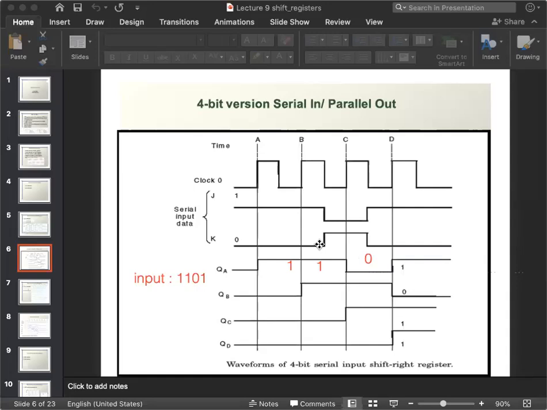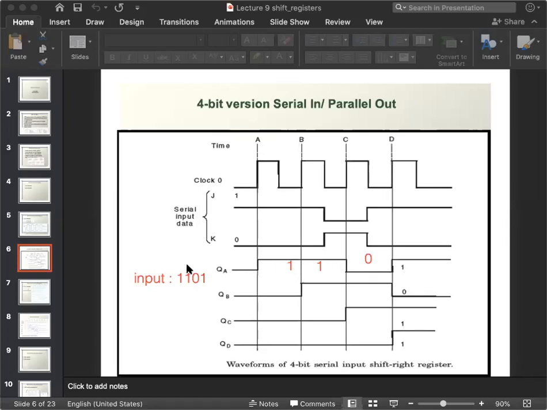So first, what do you need? You need to draw an input line. The input line is not drawn here, so you have to draw the input line. Whatever input you get, after taking it from here, you have to draw an input line. How will you draw the input line? As my input is 1101, for the first clock cycle it is 1, second clock cycle it is 1, third clock cycle will get 0. 0 means that from a particular level, if you go down it becomes 0, and if you go up from that level, it becomes 1. So if it is up from that particular level, that means 1.